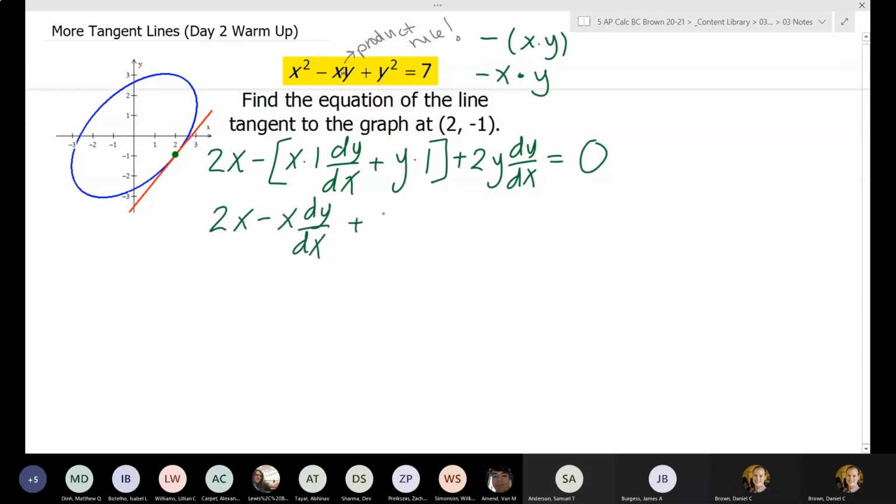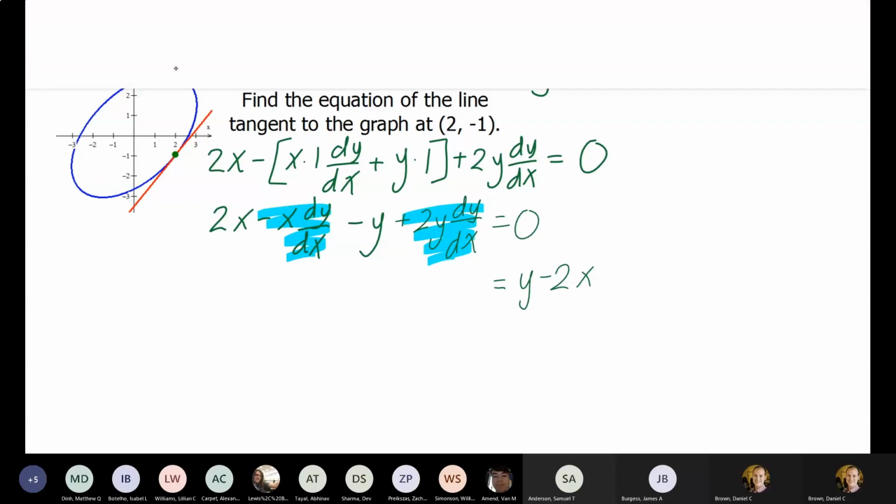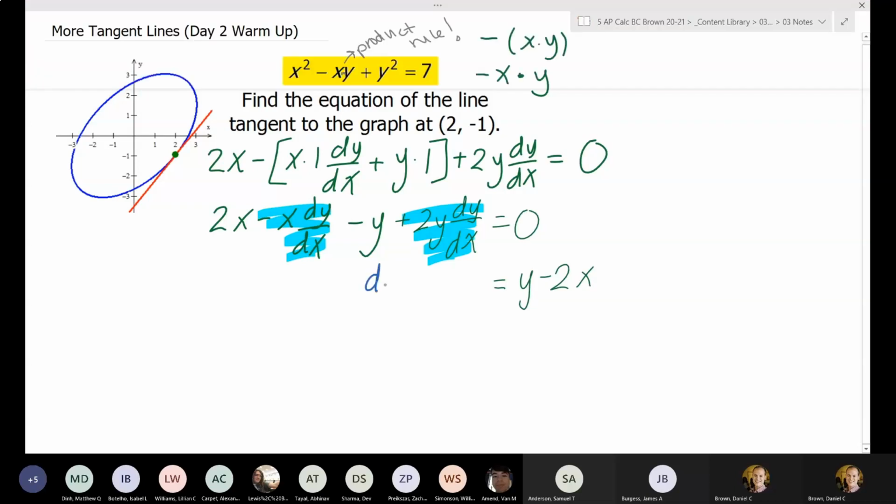dy/dx would be the first derivative, so I do need to make sure I distribute that negative across correctly. And I'm going to solve this for dy/dx. When you're solving for dy/dx, the process is pretty much the same. You want to get anything without a dy/dx onto one side of the equation, everything else on the other. And then with what's left over, you can factor out the dy/dx and then divide by the factor that is remaining. So looking at this one, factoring out the dy/dx,